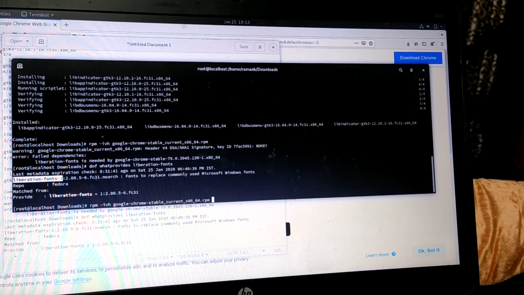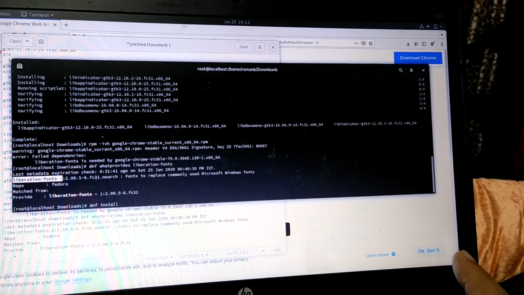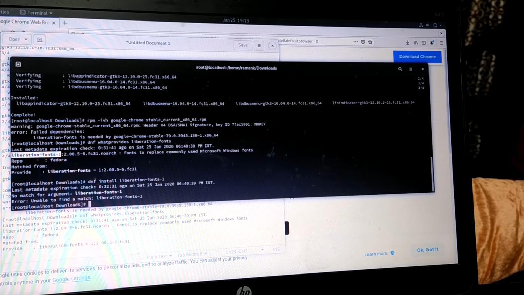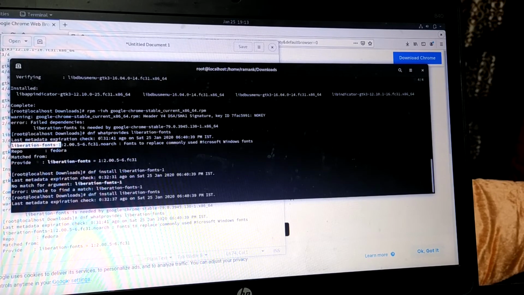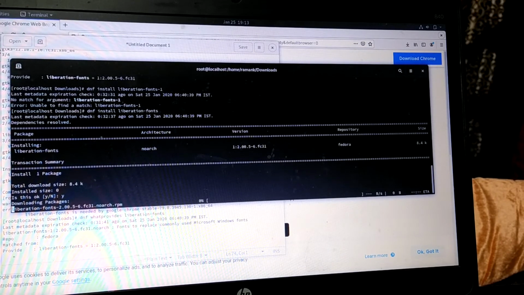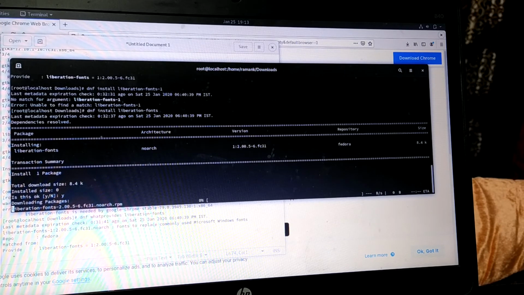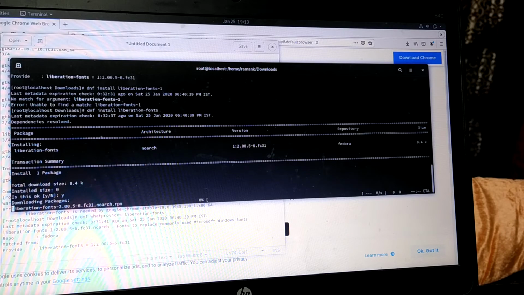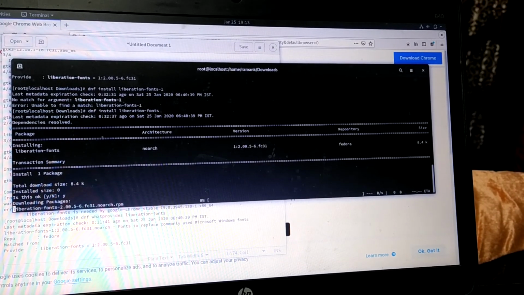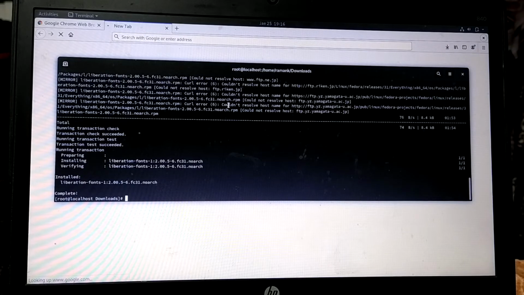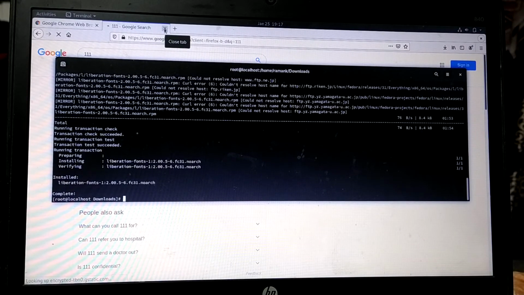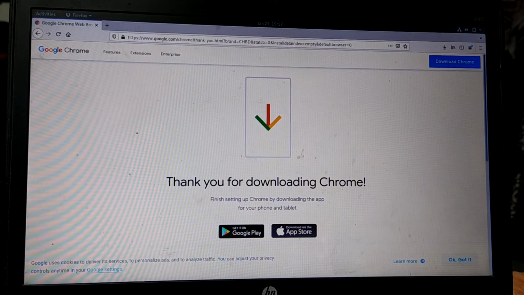So install this package. No match found anyhow. Give it without fonts. Taking time. So the package is installed successfully. There was an internet interruption in my laptop, so